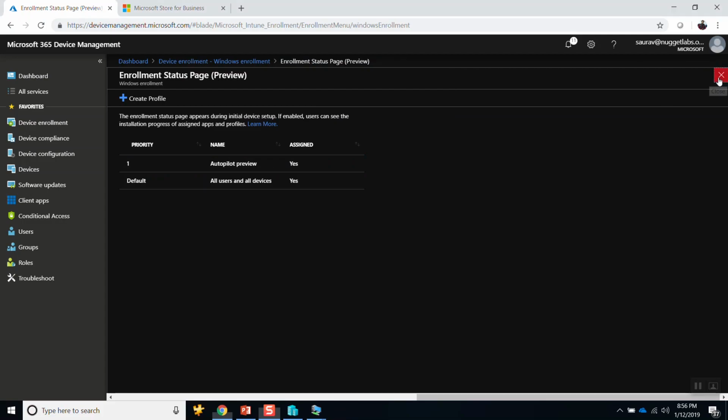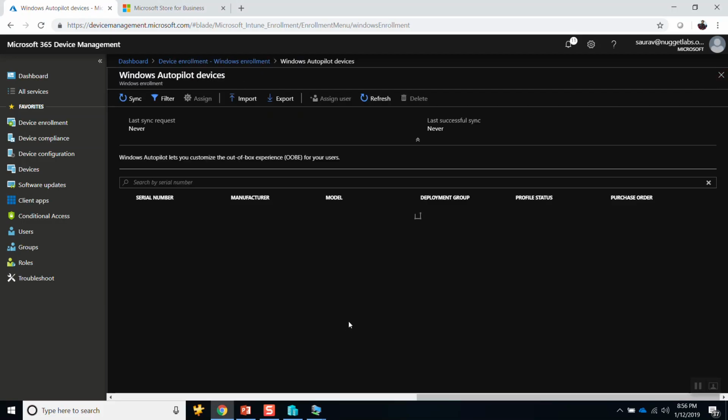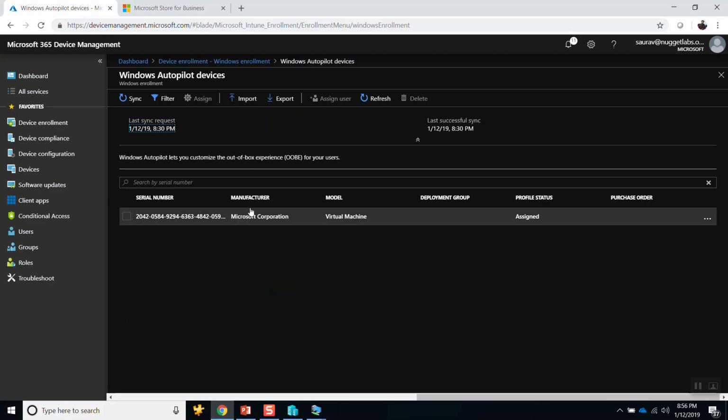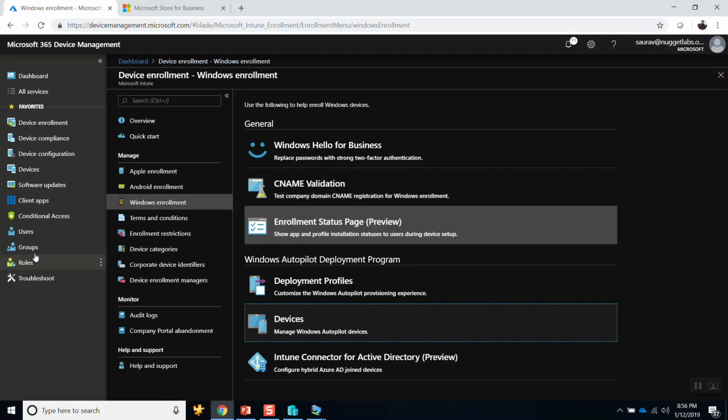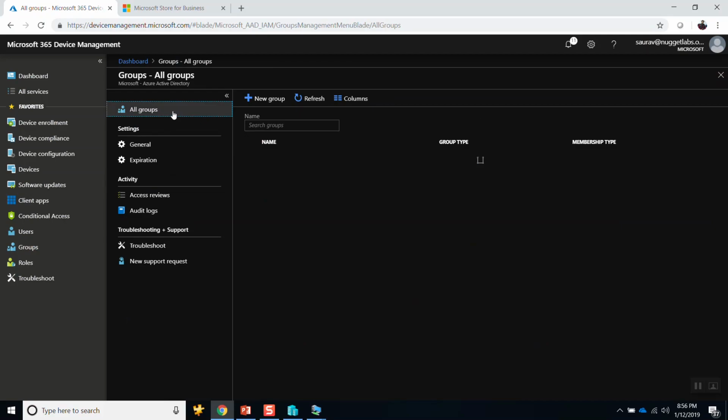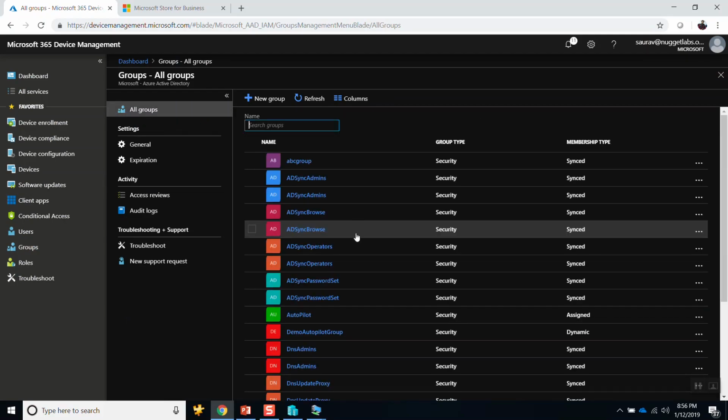Right now when I'm going into this device, it's showing as assigned, because this device is part of a security group, and that security group has been assigned to a deployment profile. Okay, and one more thing which I probably can show you guys is